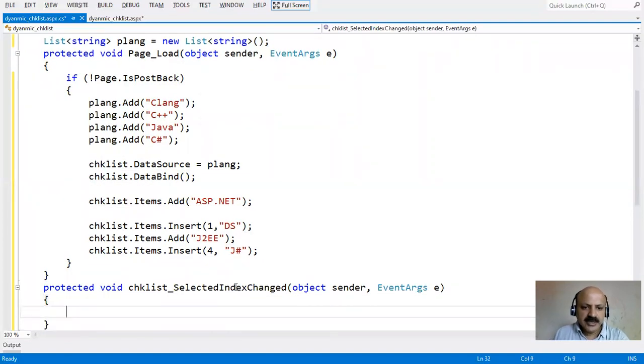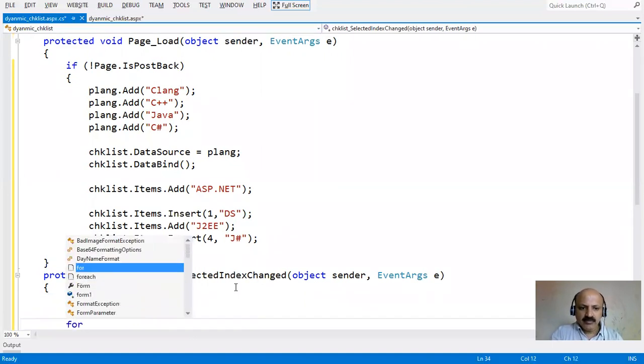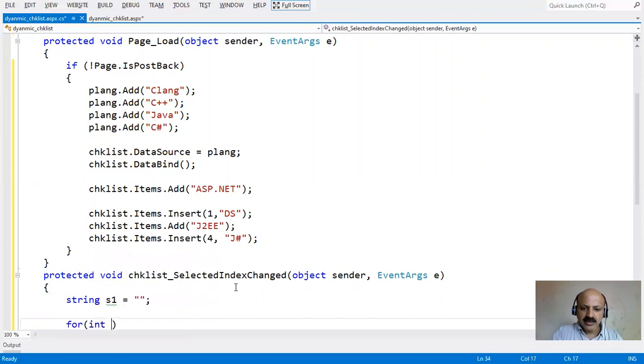Now we select index change event when print selected item. So we take one string variable like S1 and assign one blank space to the S1 string variable, and take one for loop like integer